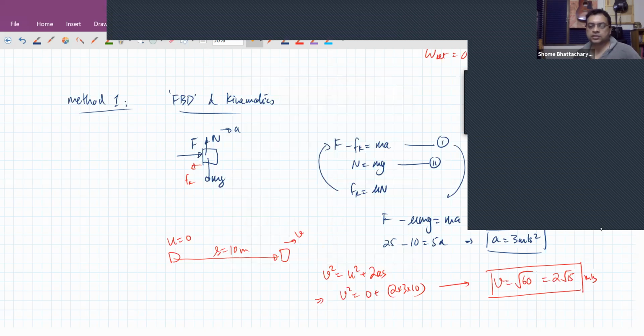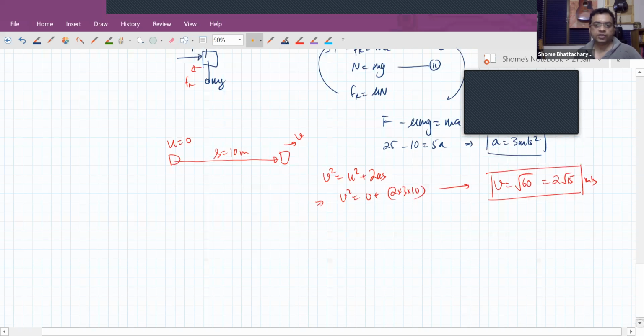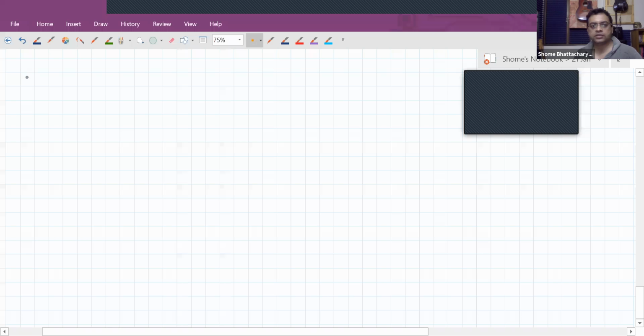Okay, so I hope this question is clear. Now the next example I will show you is something more interesting, where you will see that work energy can give us the result, whereas Newton's laws cannot. Suppose we have a situation like this, where